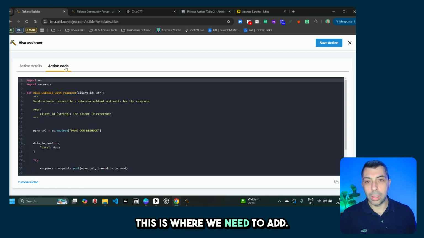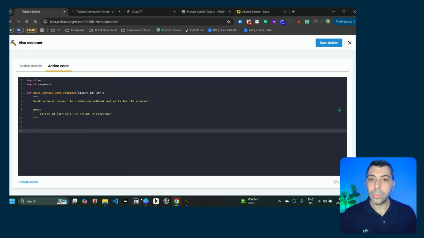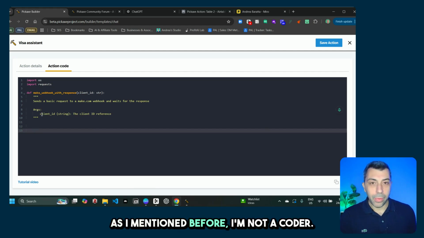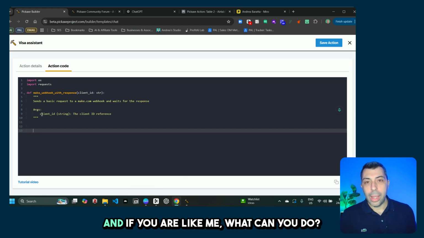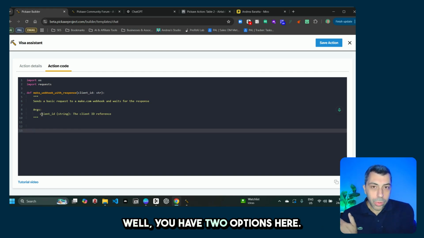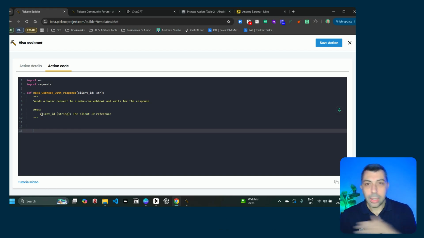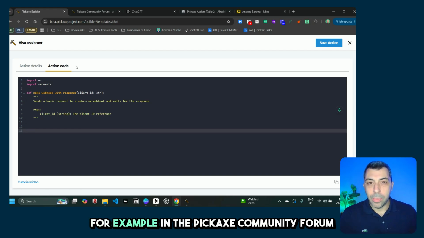This is where we need to add some code. As I mentioned before, I'm not a coder. I cannot really write Python. And if you are like me, what can you do? Well, you have two options here. One is to go, for example, in the Pickaxe community forum